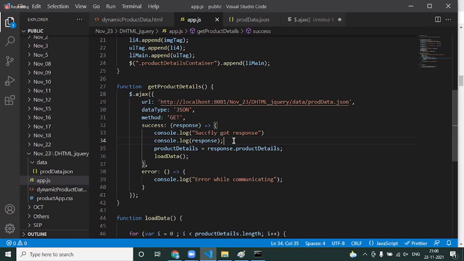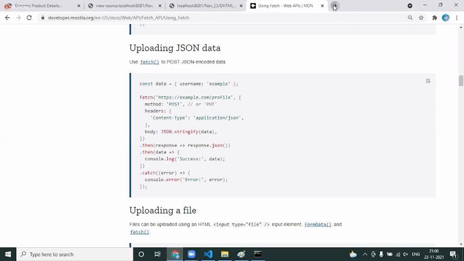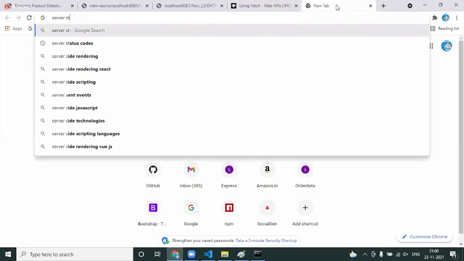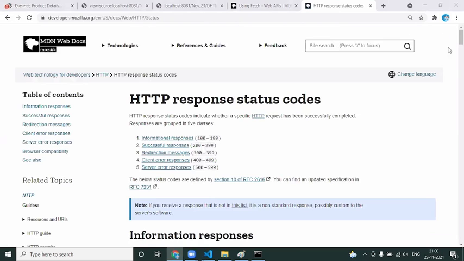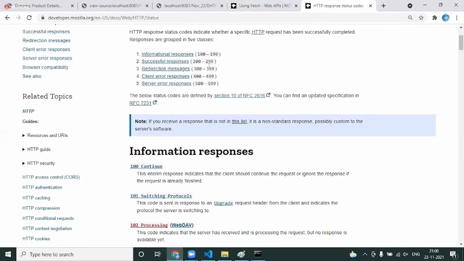Yeah, but yes, there are different status codes you might be having. Status codes, right? Okay, let me show you what the server status codes actually are. Okay, so these are the status codes you have, guys. Whenever you receive a status code from the server, it will be from 100 to 599. This is the total range of status codes you receive. When it is 100 to 199, informational response. When it is 200 to 299, successful response. 300 to 399, redirection messages, and so on.